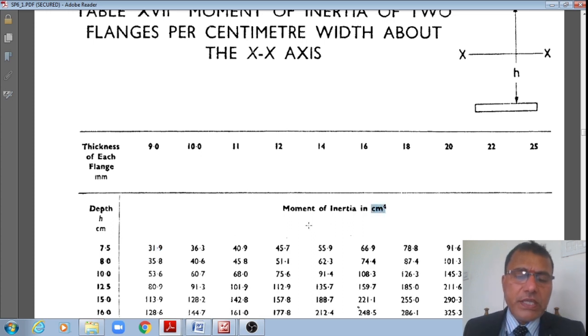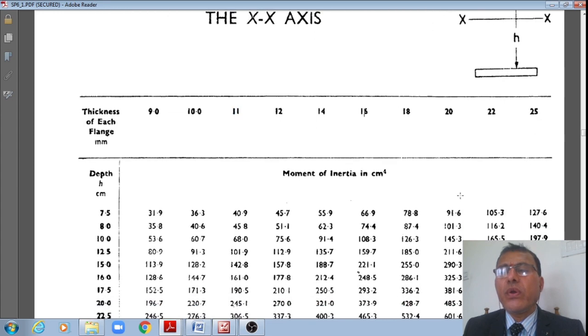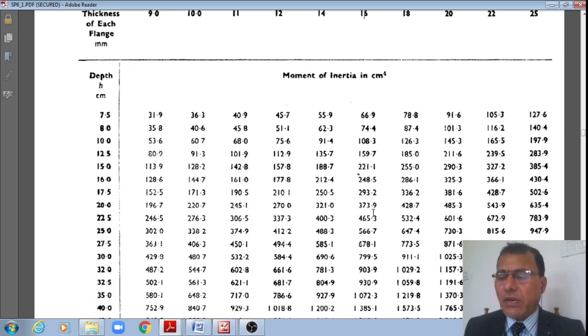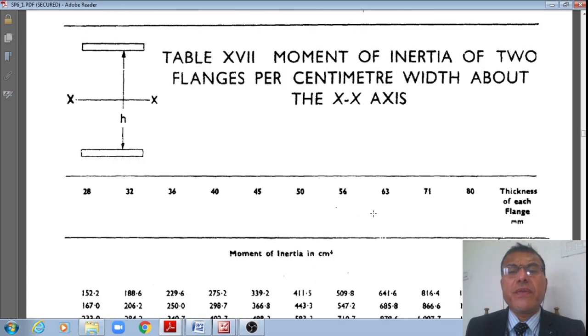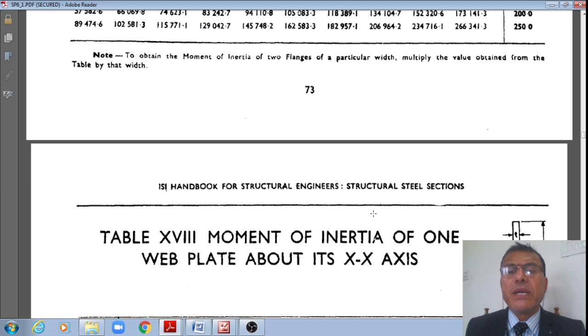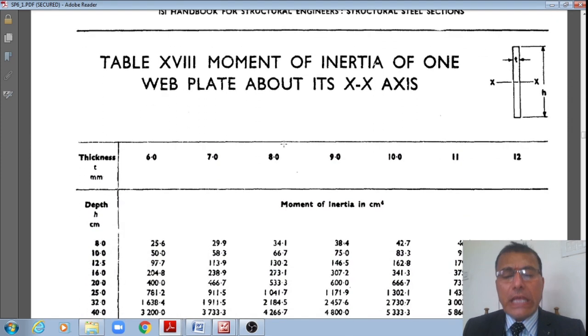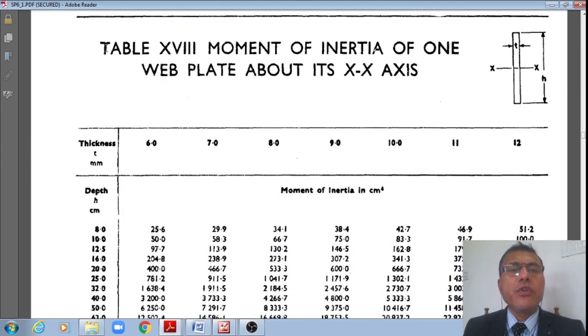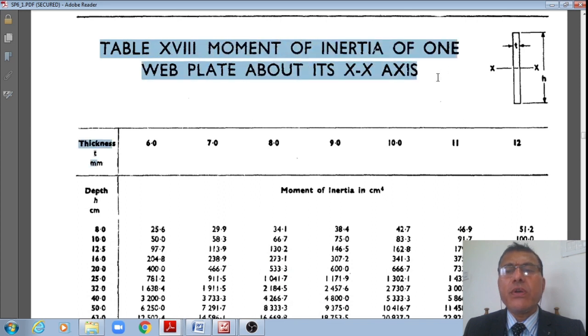Therefore, using this, now you can calculate, you can take the rolled steel section, to which directly you can add this moment of inertia extra, right? If at all you are using 9 mm thickness, like that if you are using the other thickness of 10, 11, 12, 14, 16, 18, 20, 22, 25, right? That is how this table will give the moment of inertia. Therefore, this can be used for the built-up sections, right? Even the other table, what can be used for getting the moment of inertia and other properties of the built-up sections are like this, right?